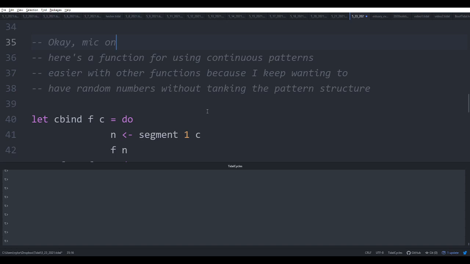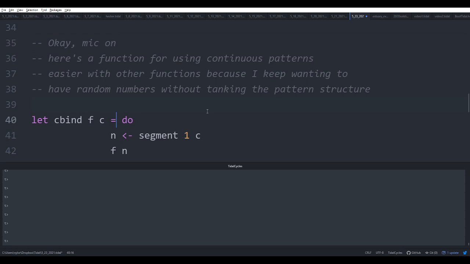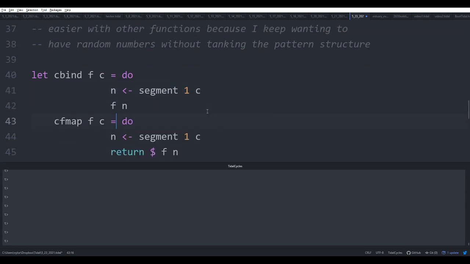But the problem with wanting to just randomly remove one is that the easiest way to deal with that randomness is to have it in a pattern somewhere. If you've done much Haskell programming, the I/O monad has ways of doing random numbers, but we're not working in the I/O monad. Technically, we're working in the pattern monad, and we really want to stay within the pattern monad as much as possible. So it's cool to try and figure out ways of writing helper functions and then feeding them randomness in the form of continuous patterns, but having it be well behaved. So that led us to